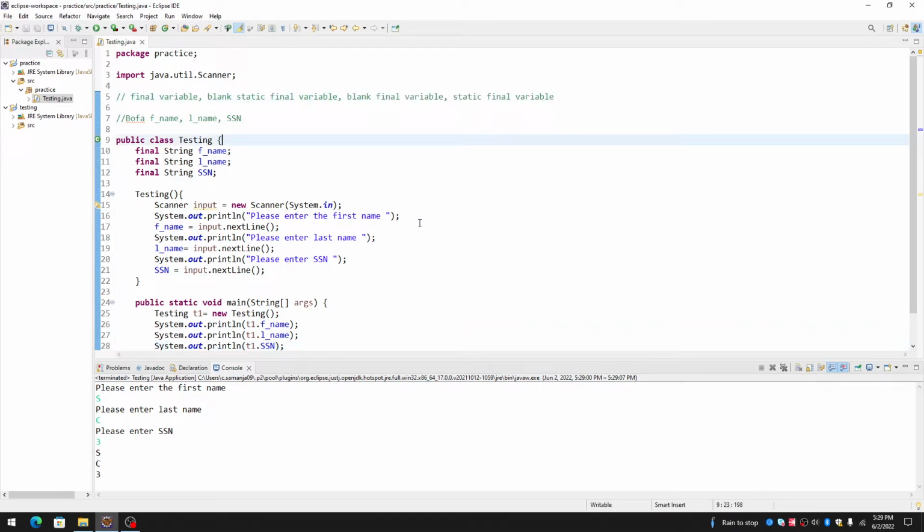Now let's create a static blank final variable, okay? A blank static final variable. It should be called a static blank final. Wait, what is it? It is called a static blank final variable. Okay. Now, what is the use of such a variable? Okay, I can put the name, I can just create, suppose,